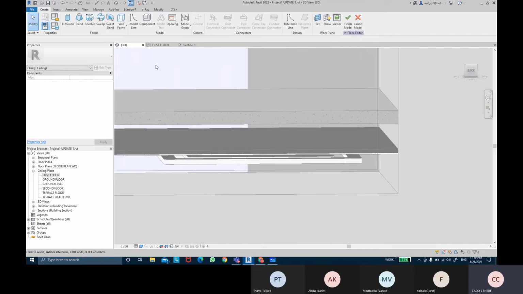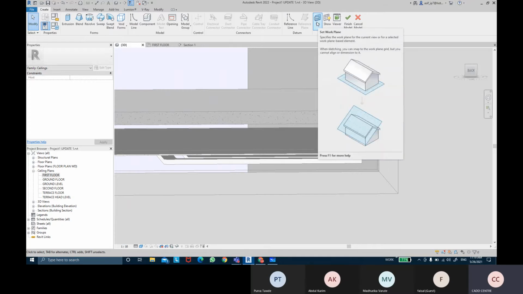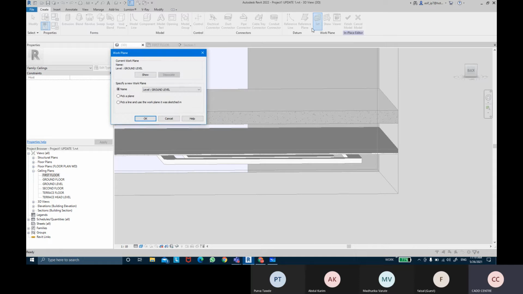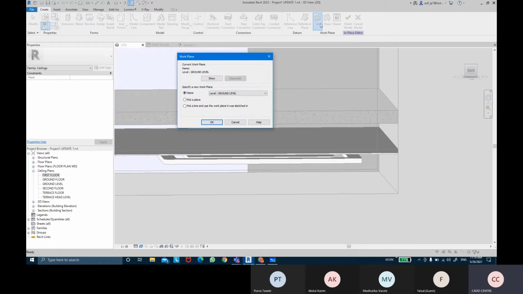Now before I start creating a form, I'll first set my working plane, on what work plane you wanted to create that element. So set work plane. Now when you click on set work plane, you get this work plane dialog box, and I'm going to click on this option which says pick a plane. So I'm going to select a plane on which I want to create the form. So pick work plane, click OK,